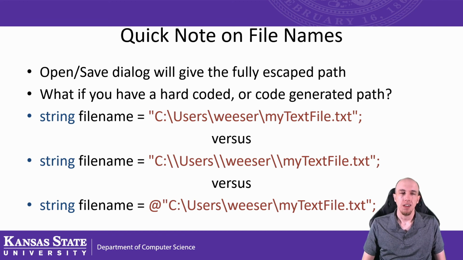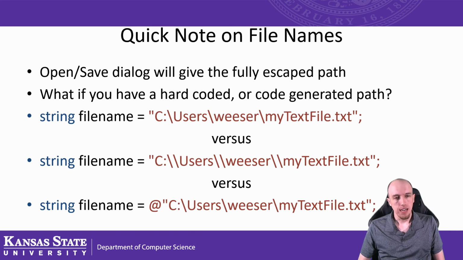This works pretty well, but personally, I find it a bit of a pain to actually go through and add all those slashes back in, even though it's not that much work. The last example is my personally preferred way of interpreting file paths in C#. If you preface your string with the @ symbol, it'll actually force C# to just interpret all the contents of that string as a string. The only downside to this is if you use the @ symbol, but you still need to use an escape character inside of your string itself, it won't work, regardless of what the escape character actually will be.